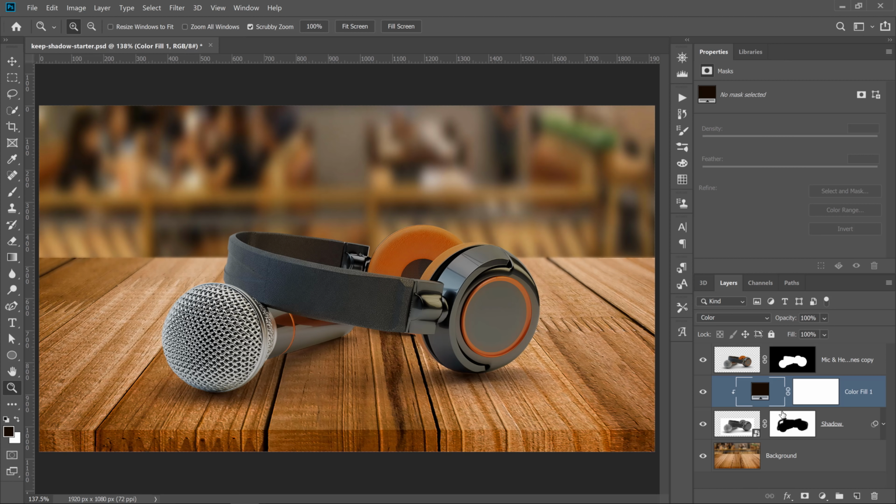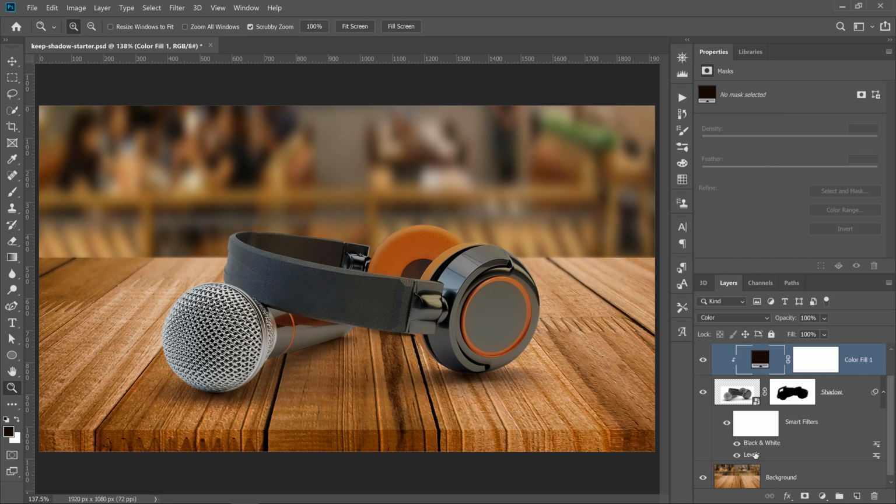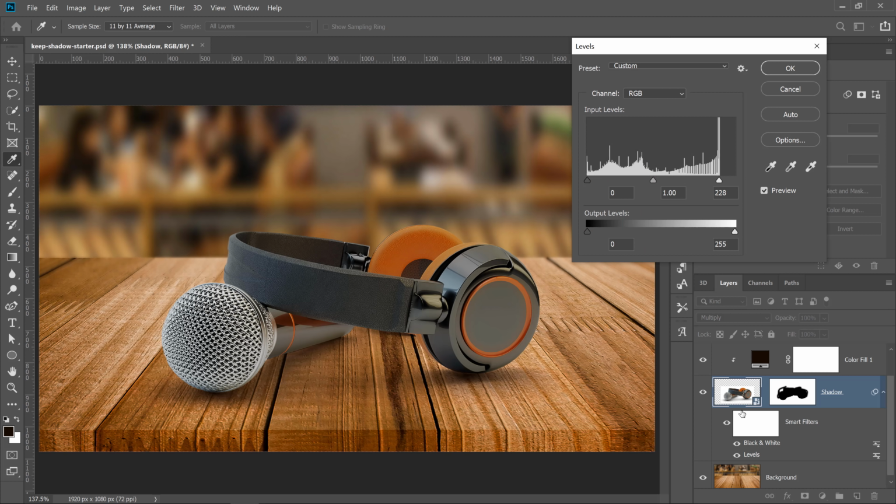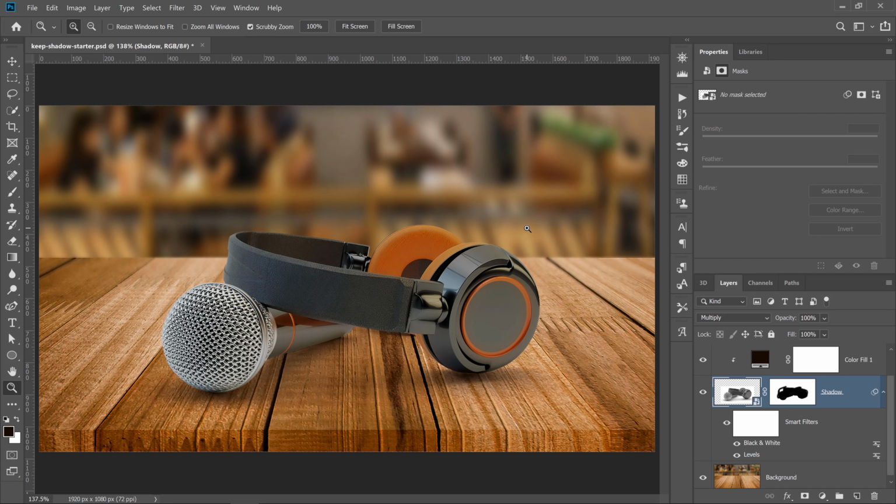And the way that I work and the way that I recommend you work is working non-destructively. Everything we've done has been non-destructive. So I can always come back and make adjustments. I can go back into the levels adjustment by double clicking on it, and this window comes up. And like I said before, you can continue adjusting the intensity of those shadows to fine tune your scene. You can press OK and those settings are applied.